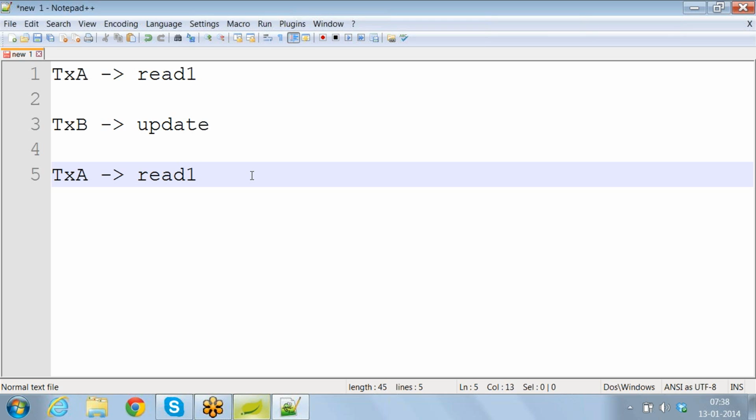It should obtain an exclusive write lock itself. So if it obtains an exclusive write lock, you will find that